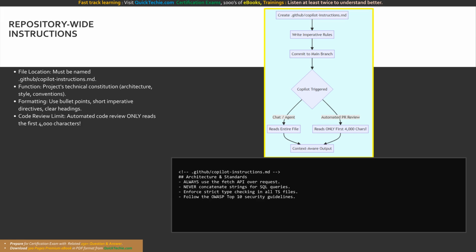Any text beyond this hard limit is completely ignored during the review process, although it may still be read by Copilot chat. Therefore, you must forcefully prioritize your most critical architectural and security guidelines at the very top of the Markdown file. The code snippet illustrates an optimized